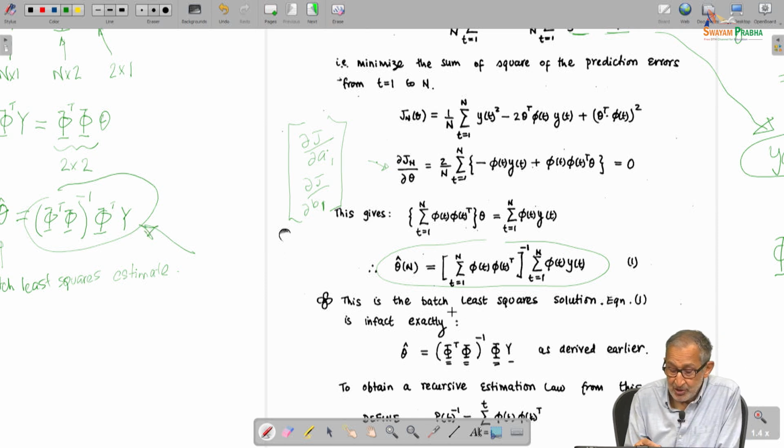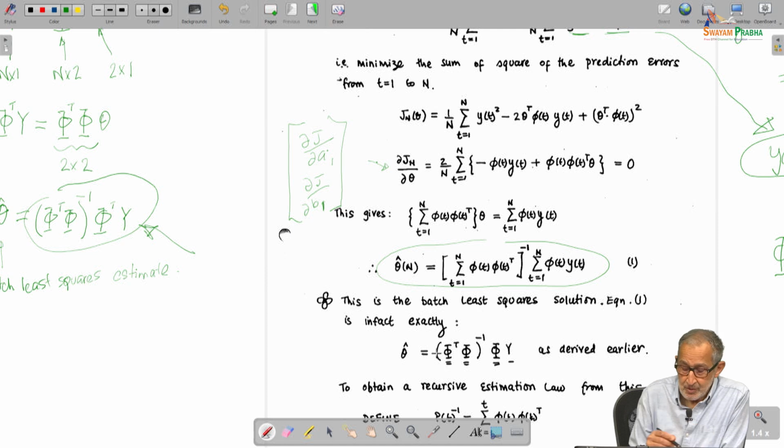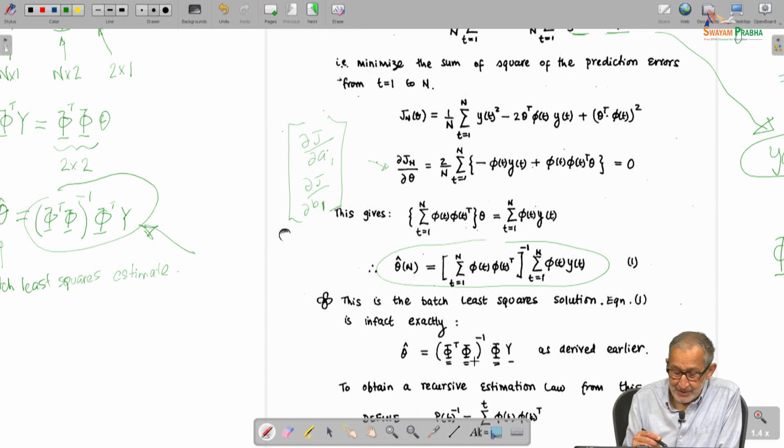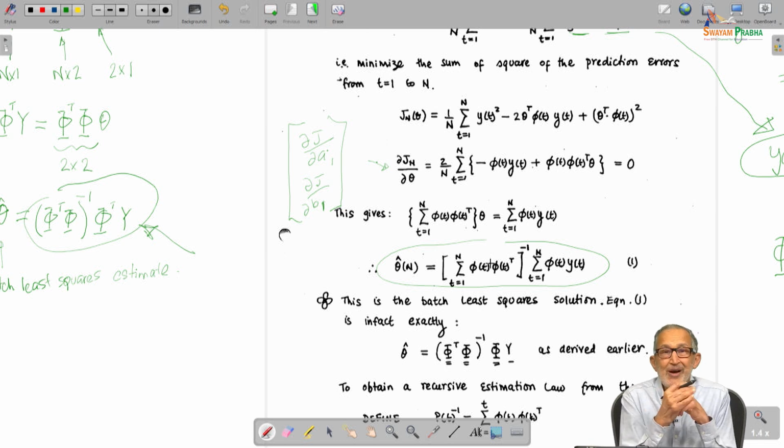This is the batch least square solution. In fact, theta hat is exactly this as we derived. All right. So this is exactly the same. If you put all the terms inside the matrix, it is exactly this term. Now, the question to ask is,